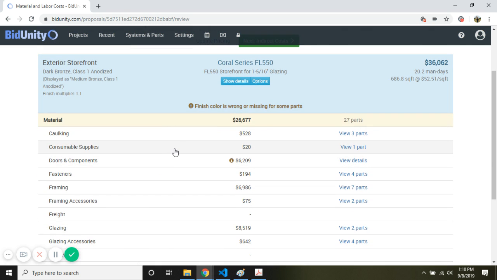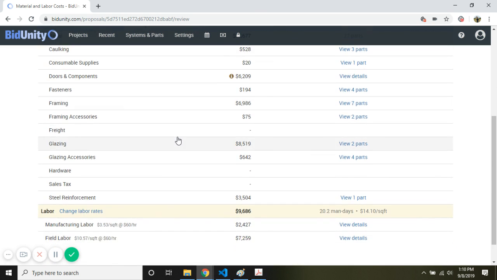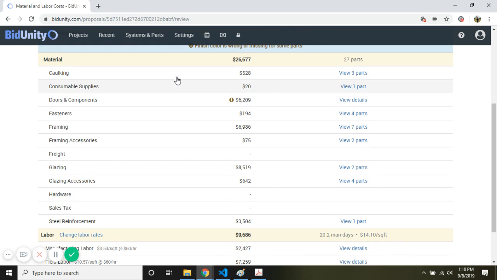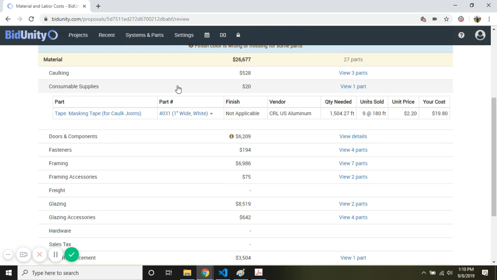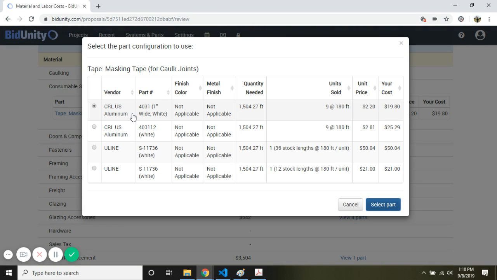it'll drop down and give us a breakdown of the way that it's organized. So we have caulking, consumable supplies. You can click on any of these line items and find out exactly what we're talking about. Okay, so masking tape. Okay, probably for caulk joints. Yep. Okay. So we can look at this item and you'll notice that it could be purchased from more than